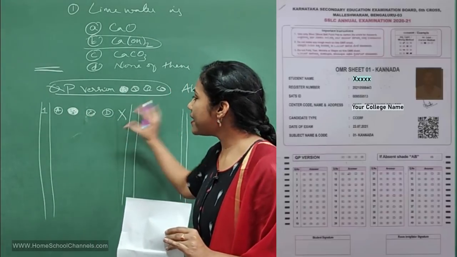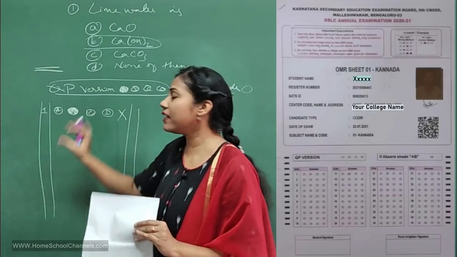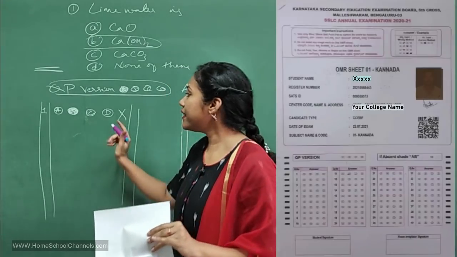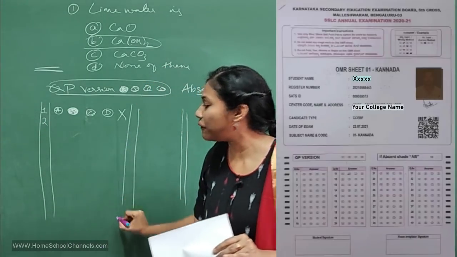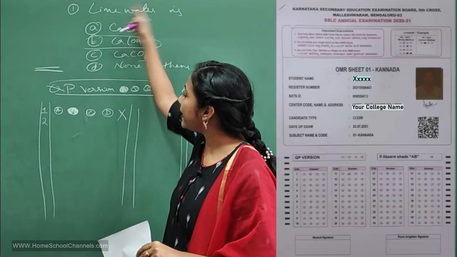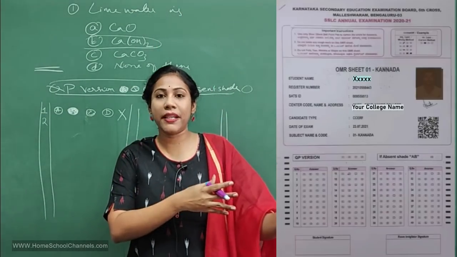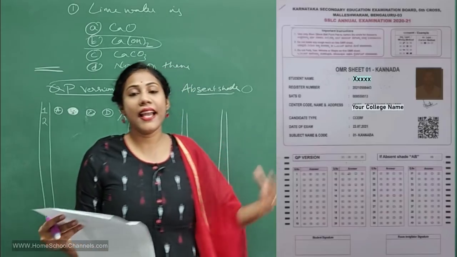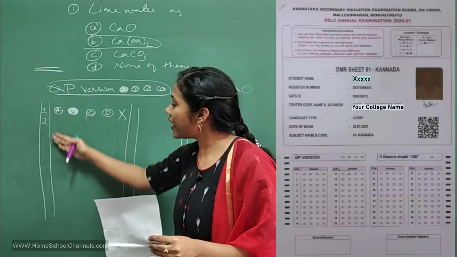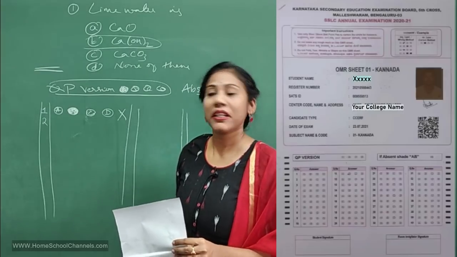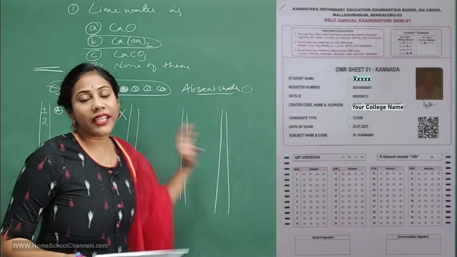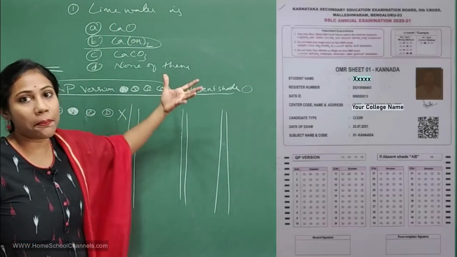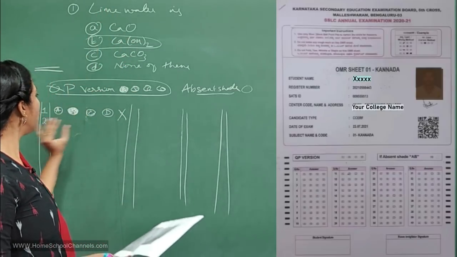Clear, everyone? So this is very, very important. More than one circle you are not supposed to shade. Only one circle you have to shade. Clear? So this is how all the questions you have to shade properly. So first you have to read the question. See, question paper will be provided separate and OMR sheet will be provided separate. The OMR sheet looks like this, and in the OMR sheet you have to go on shading the circles in this particular format. Clear? So all the 40 questions you can shade this way only. Right? So first thing is you need to read the question carefully in the question paper and select the answer, then go for shading it.